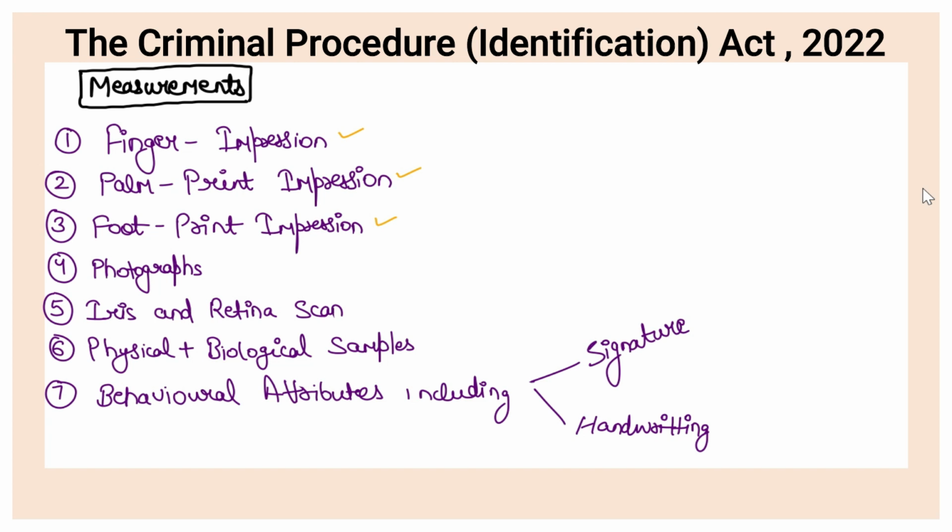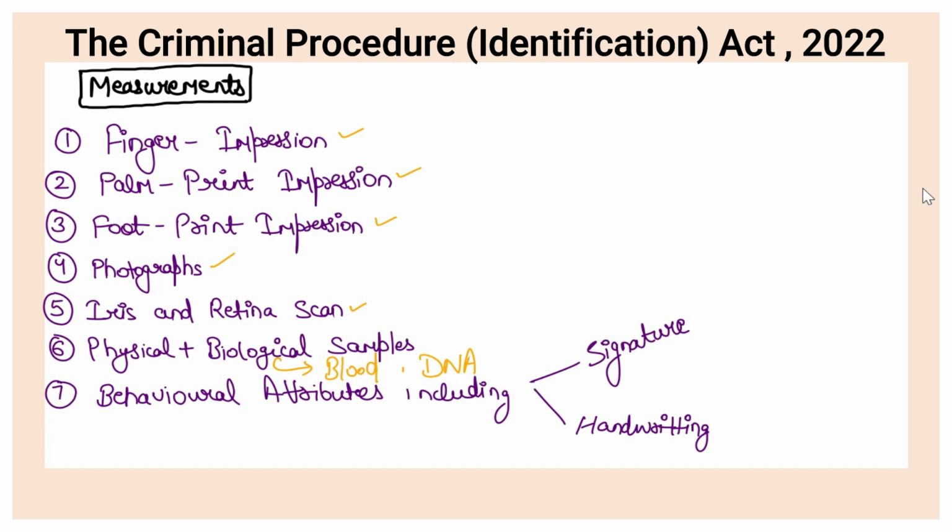This is very unique, right? हम सबको पता है कि fingerprint तो लिए जाते हैं but footprint also, and that is the beauty of this act, that it will include each and everything. It will include photographs, it will include iris and retina scan. You see the level, iris and retina scan, plus physical as well as biological samples. Physical means measuring the different body parts, length and breadth. And when it comes to biological, it means blood sample, it means DNA sample, RNA, and different kinds of biological samples are there, so we will look at them.